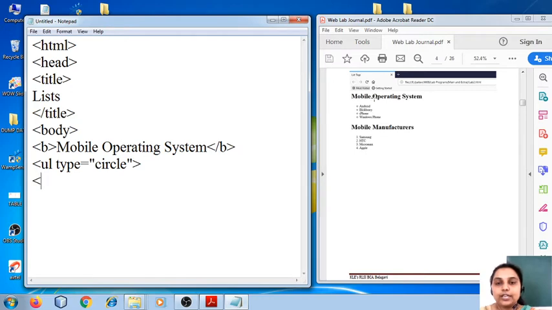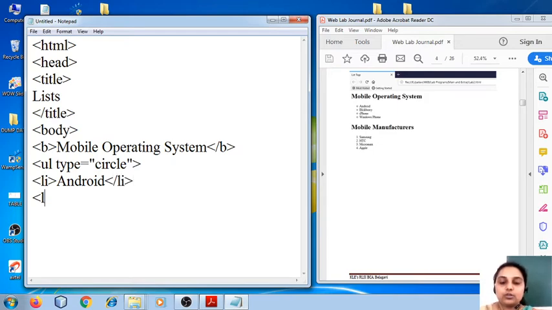UL stands for unordered list and type is the item marker type. Next come my list items. How many items are there in my list? 1, 2, 3, 4. Four items in my list. What are they?